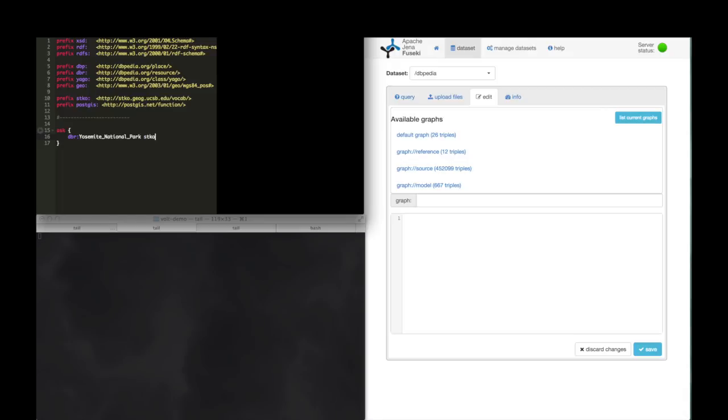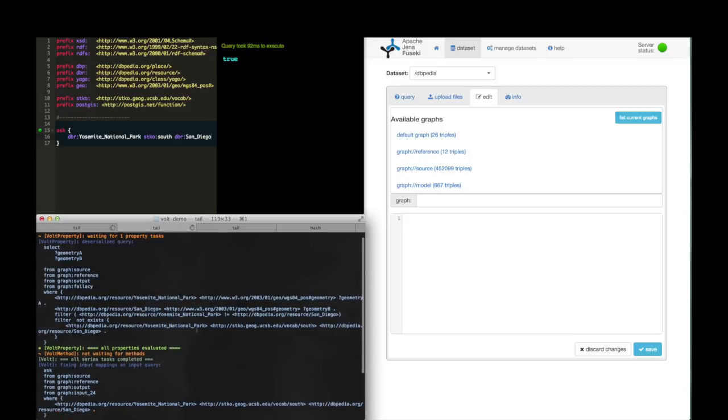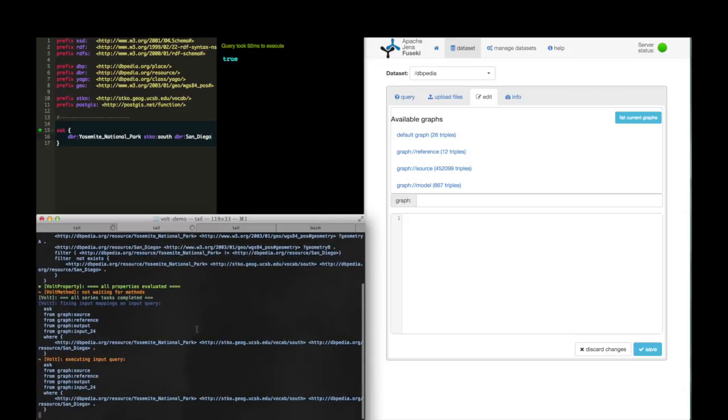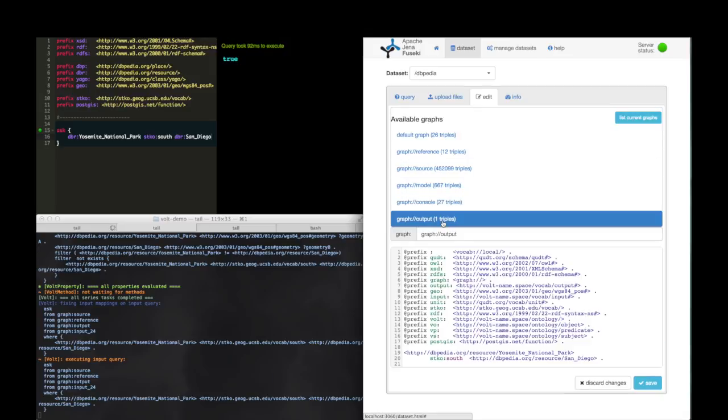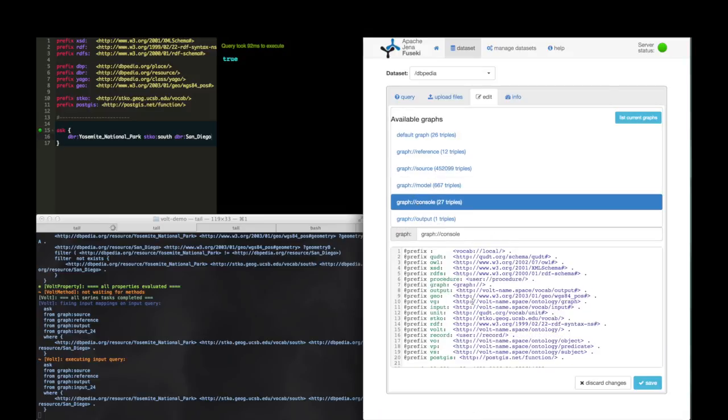Here we ask, does Yosemite point south towards San Diego? I show the console output from the proxy here, which includes the SPARQL queries that the proxy is submitting to the actual encapsulated SPARQL endpoint. Now that the proxy has tested the STKO south relation with this triple, we can see the triple materialized, and it is stored in a persistent output graph that is separate from the graph of the triples that it sourced its data from originally. Notice that the proxy also created a provenance graph, which records the origin of the entailment's